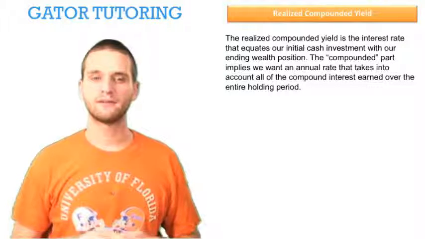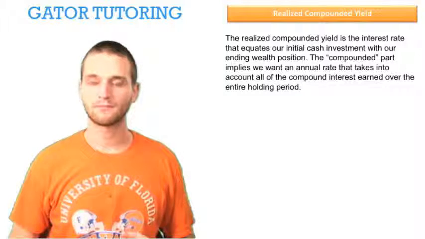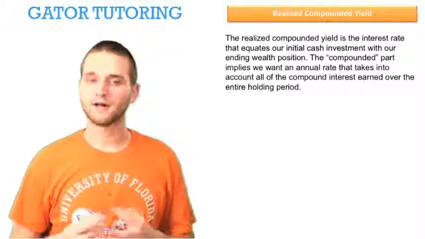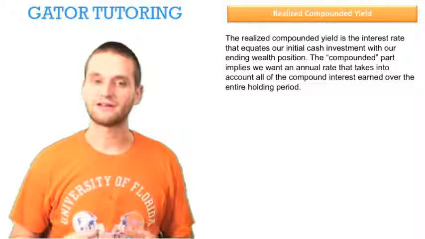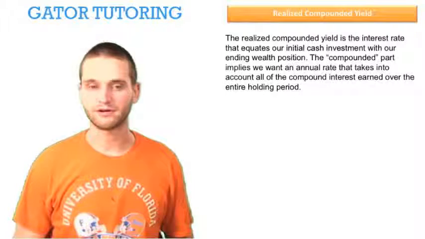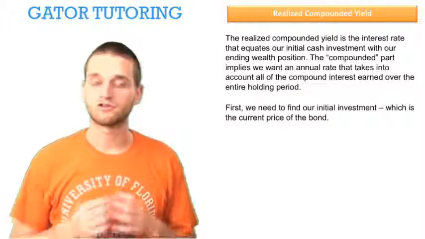The realized compounded yield is the interest rate that equates our initial cash investment with our ending wealth position. The compounded part implies we want an annual rate that takes into account all of the compound interest earned over the entire holding period. So first we need to find our initial investment, which is the current price of the